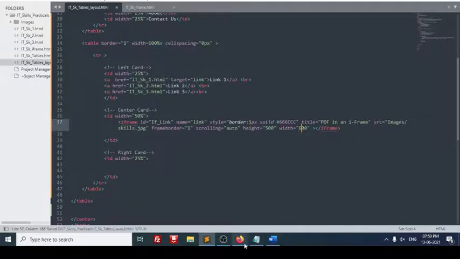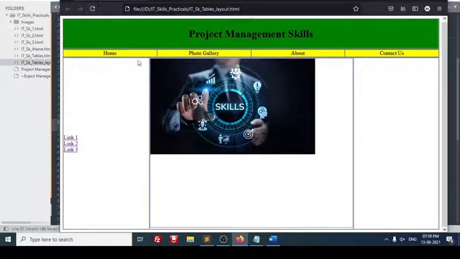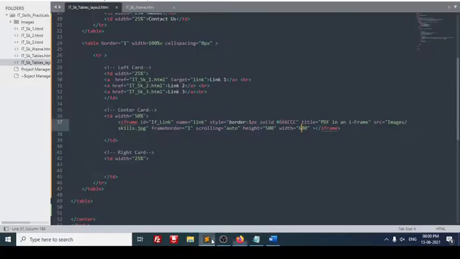Okay, I will just check. Yes, this is fine, isn't it? Now, if I click on this link one, this first page should come. I have already done this. See what I have done? First link is this one, link one. Here I have given target as link, and in that itskills1.html, the page we have already, that will display in this one. For that I have taken a href and given target as link. What is link? The name of the iframe is link.